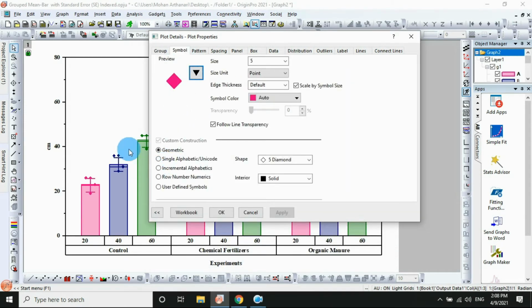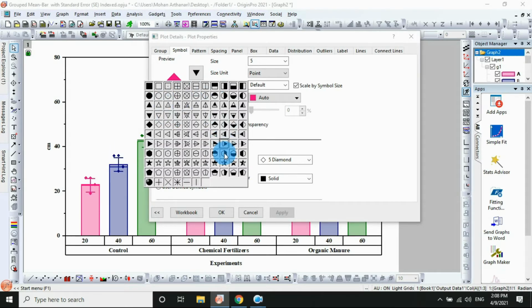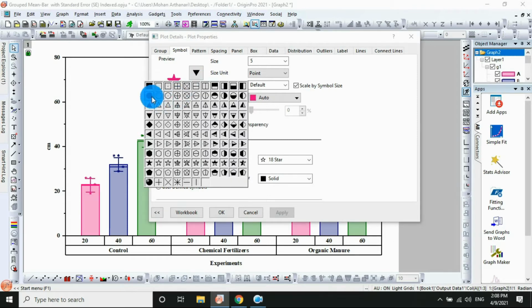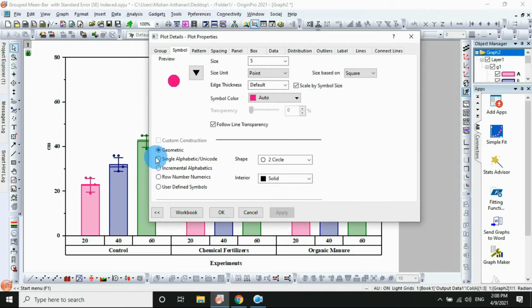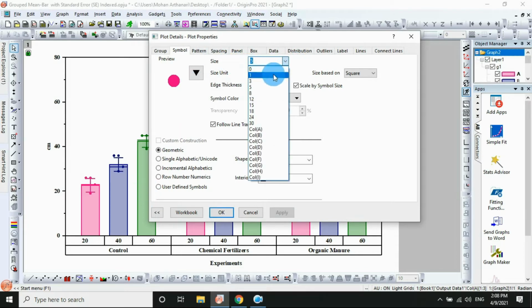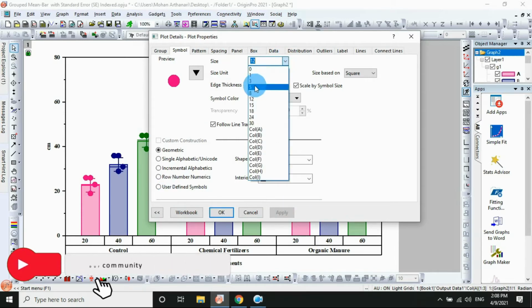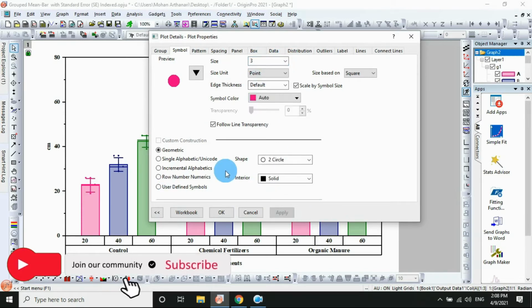In the center of the symbol, change any one of the symbols. Click the button, and different symbols are available. Select which symbol you want. I use the star, click to change the symbol, or any other, the oval, click change, apply. The size is increased. In the size menu, increase to 12, then apply to increase the size. To reduce the size, click the 12 and reduce the size. The normal is 5, so apply the 5.